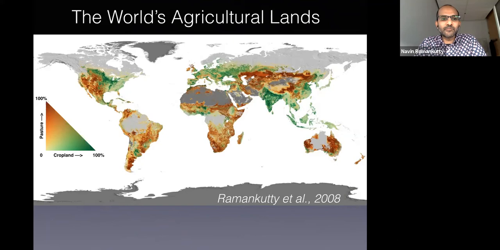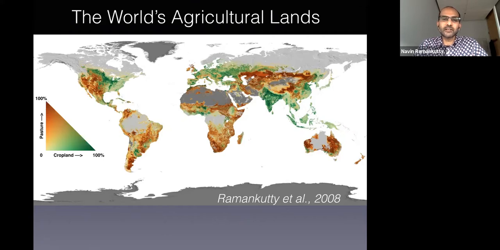The only places where we don't grow crops are either too cold, like in northern Canada or Russia, or too dry, like in the Sahara Desert or the Australian Desert. The only remaining places where we could continue to grow crops, where the climates and soils are still very good, are in the tropical rainforest. You can see those places in South America, in the Amazon or in the Congo. Those are places where we could still be growing crops, but they are covered in tropical rainforests.